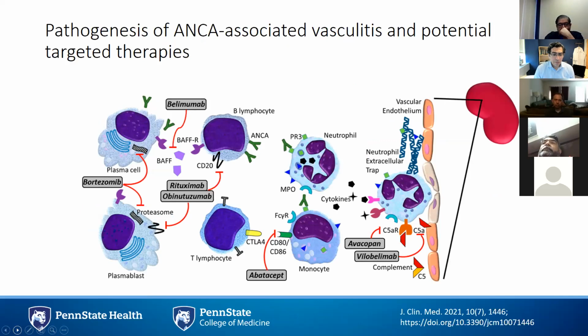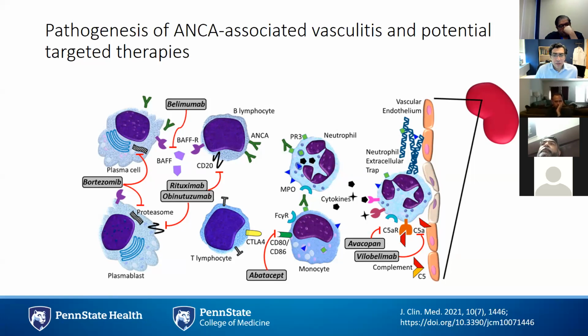So pathogenesis, this cartoon was from a recent publication, a review article. So really, I think we have made some strides in understanding the pathogenesis, and it's both B and T lymphocytes that are involved, and eventually neutrophils, as you see here, have this PR3 and MPO, and this kind of activated neutrophil causes all this problem on the vascular endothelium, and then some of the